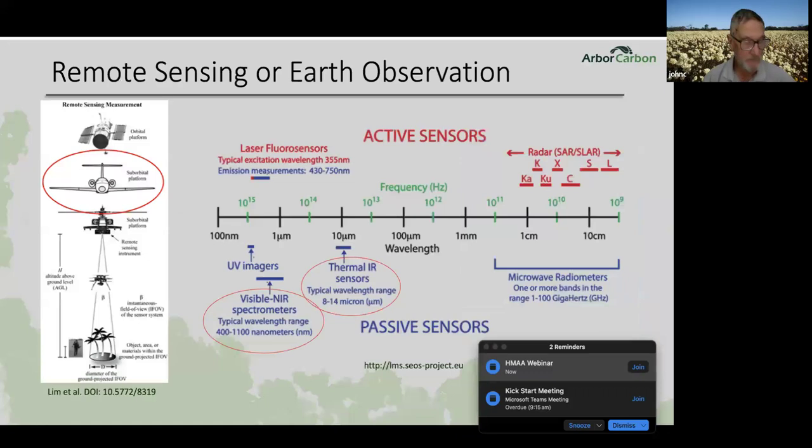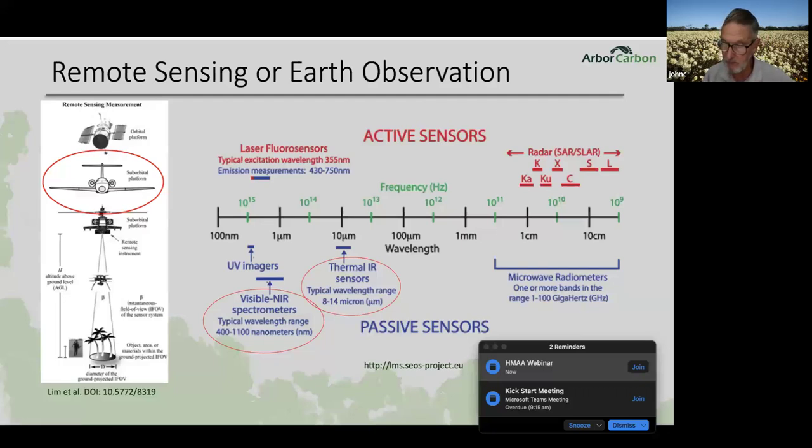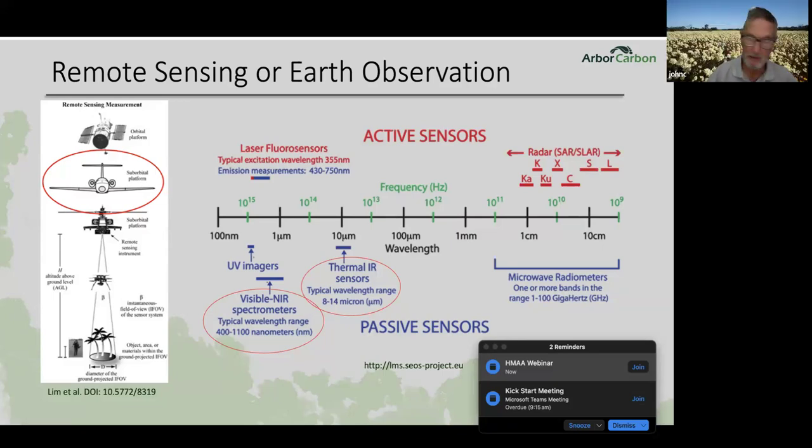Paul, I hate to interrupt, but is it possible for you to remove the reminders that are appearing on our screens? It must be on your phone. You have 2 reminders which are taking up the lower right-hand side of the screen. Okay, I just removed one. I'm not seeing the other one. It's the reminders on the phone about your timing.